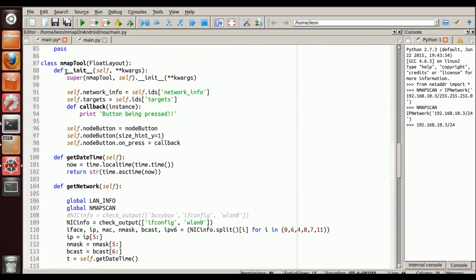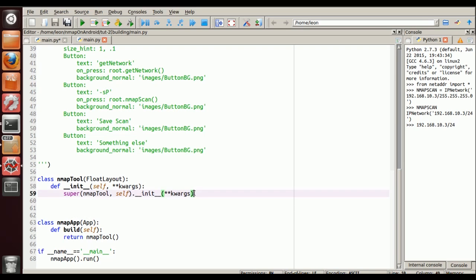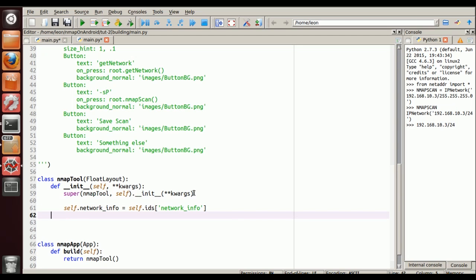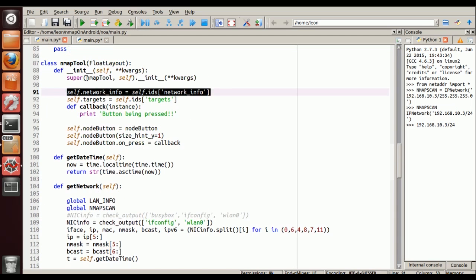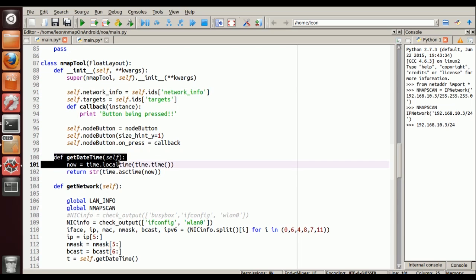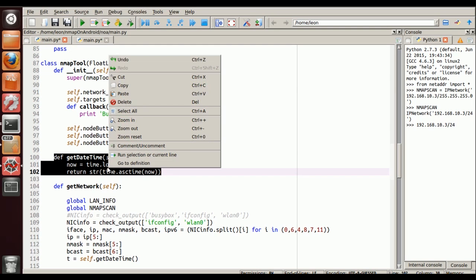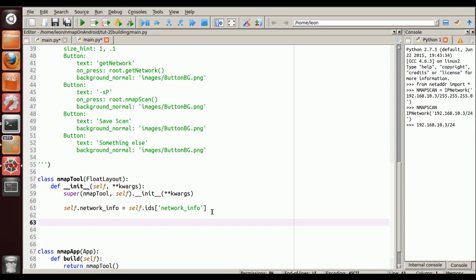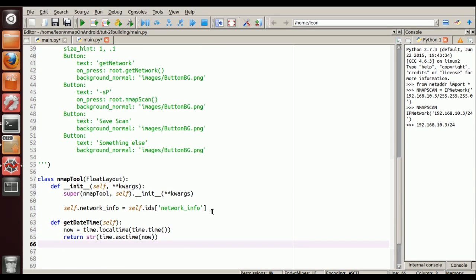Okay, so what we're going to do is let's copy that and come down here, and we just paste that in there. Now a quick little function just to take the time would be this. Now I encourage you guys to go through the code and find out what it does. It literally just gets a date time, so that's a useful little output that we can get and call. So let's put that there, and the actual get network